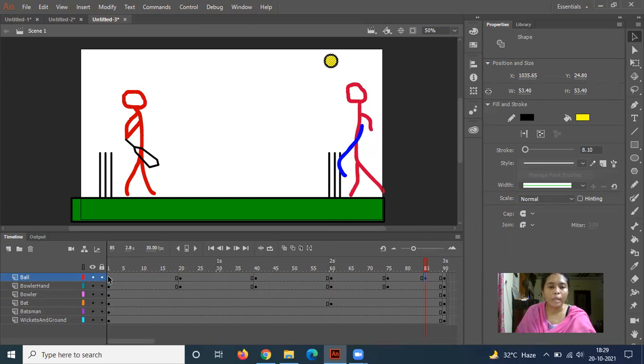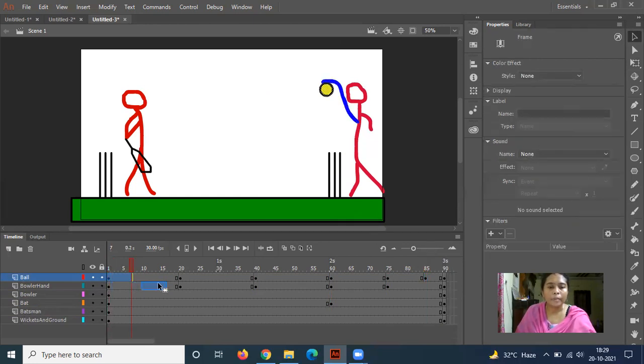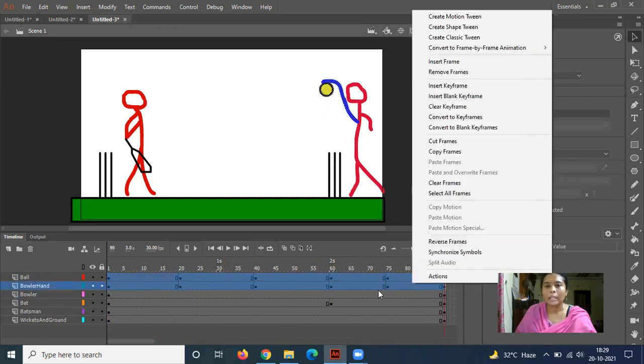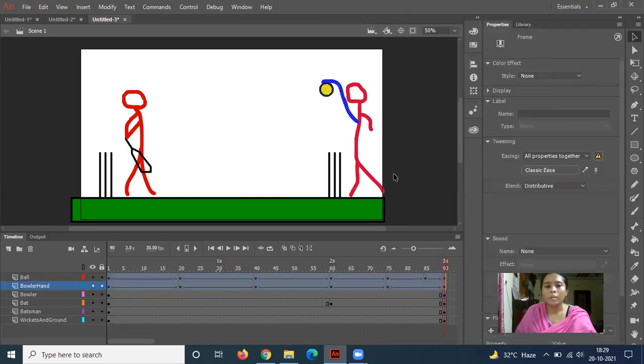Before finishing, let's give the tweening. Just give a right click and click on create shape tween.